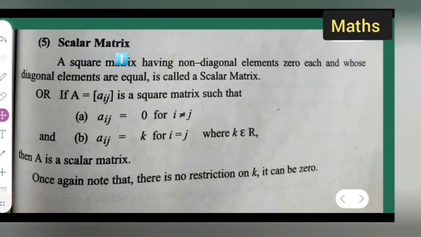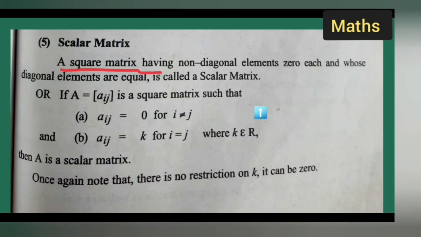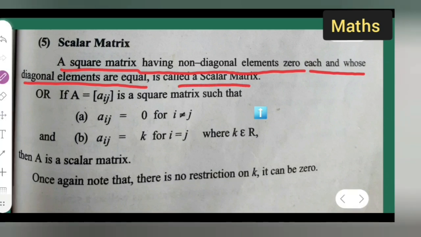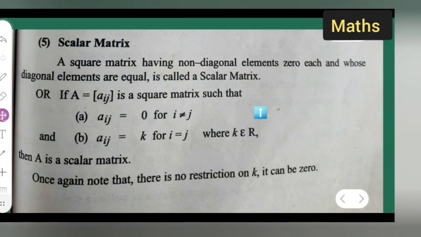Now write down scalar matrix, the definition or statement of the scalar matrix. A square matrix having non-diagonal elements 0 each and whose diagonal elements are equal is called a scalar matrix. So there is a square matrix having non-diagonal elements 0 each and whose diagonal elements are equal, and it is called a scalar matrix. Remember this clearly. Or you can say that if A equal to [aij] is a square matrix such that